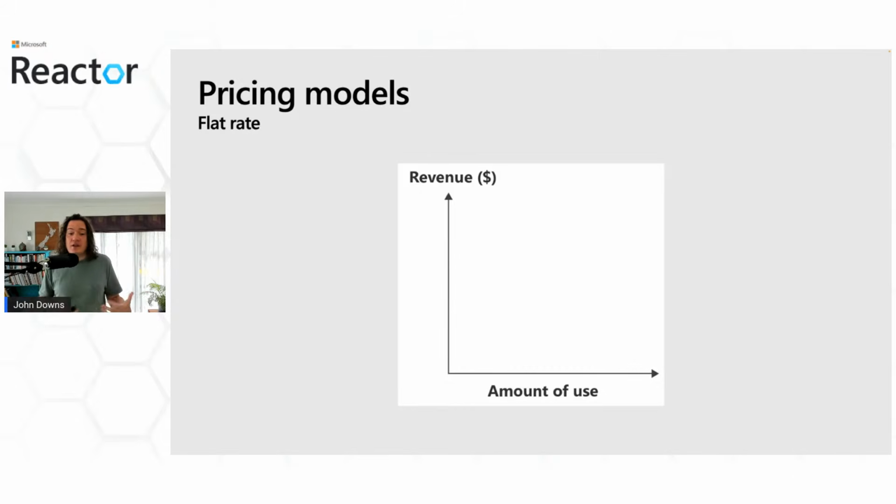Now, a simple pricing model is just to charge every tenant a flat rate. So regardless of how much they use the system, they pay the same price, say, every month. But if your instrumentation shows that some of your tenants use the system dramatically more than others, then this might be an unfair distribution of your costs. So instead, you could look at billing for the amount of use by each tenant. And so as a tenant uses the system, their bill goes up. But of course, this can make it difficult to predict your revenue and your costs. And it also means that tenants might be motivated to actually use your system less, which is probably not what you want.